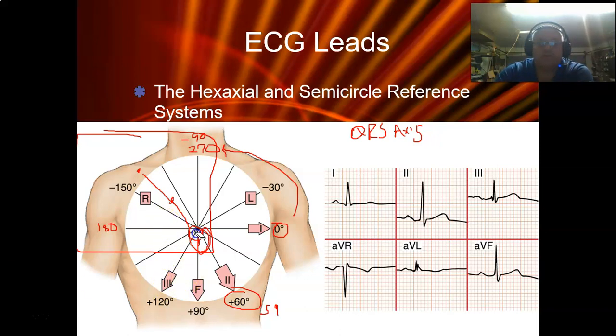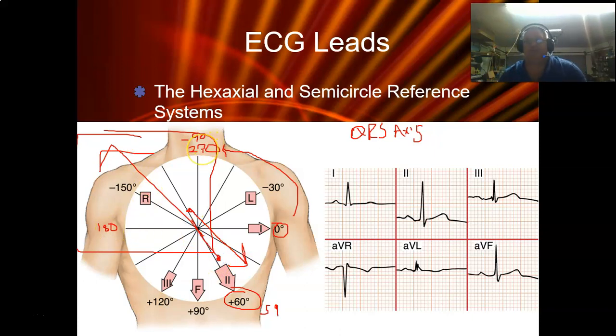So what I truly am worried about is when I see a signal that's going up into this quadrant, okay? When I see a signal that's going up into this quadrant, anywhere between 180 and minus 90, I know that is originating from the ventricle, okay? Because stop and think about it. If it's from the junction, guys, even if it's from the junction, your stronger axis is still going to go this direction, okay? But if it's coming from the ventricle, it's starting down here and moving that direction between 180